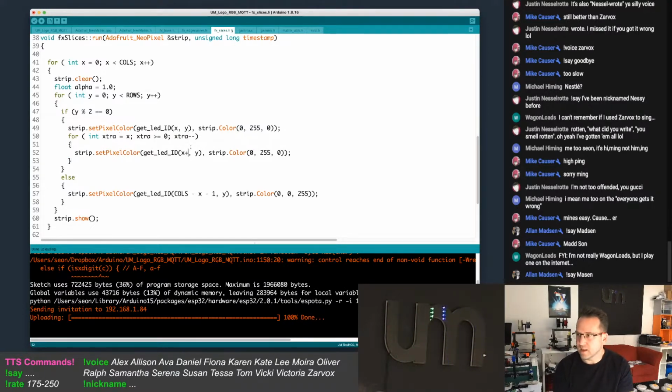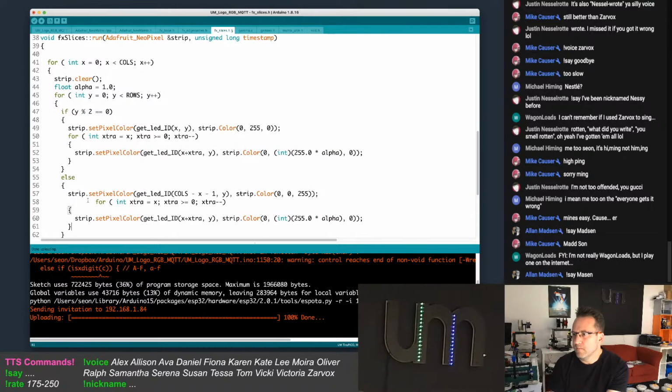I want to do that plus extra, and it's going to be that just for now times alpha. I know that looks weird, but maybe... wait, hang on, it equals x is greater than x minus 5.